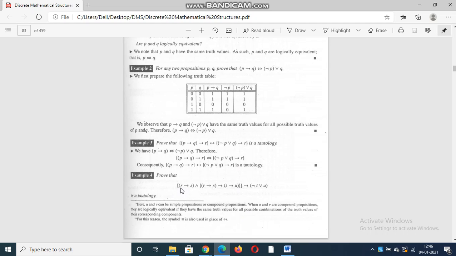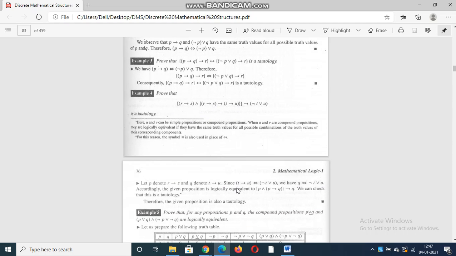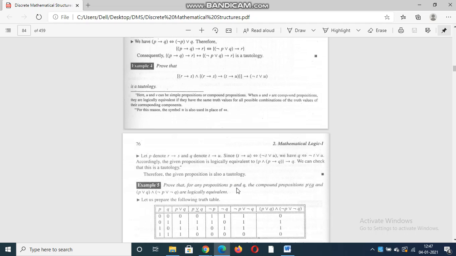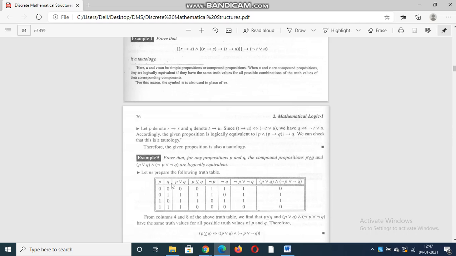Prove that R implies S, for the example of checking whether it is a tautology. First we go for whether it is logically equivalent or not. These questions we go for here. Prove that for any propositions P and Q, the compound proposition P exclusive disjunction Q and P disjunction Q conjunction negation P disjunction negation